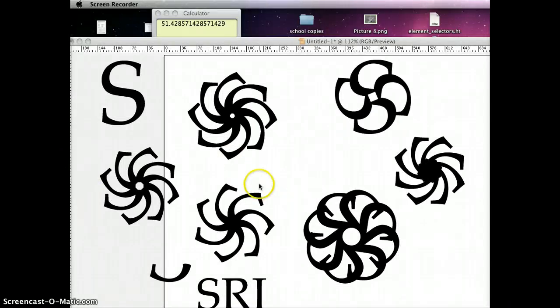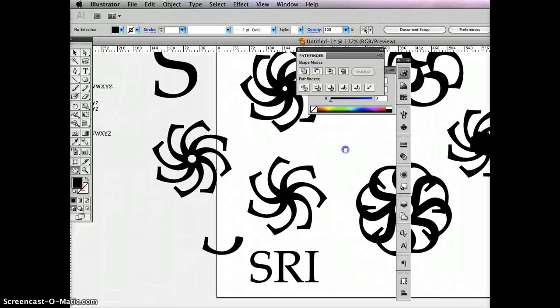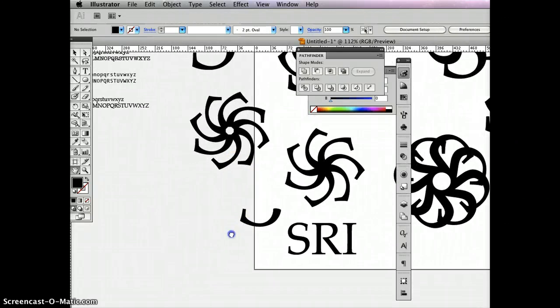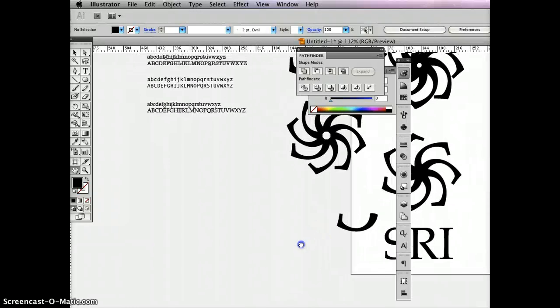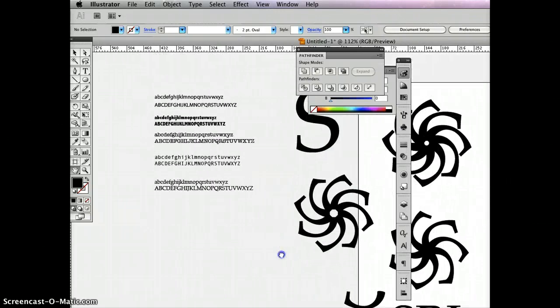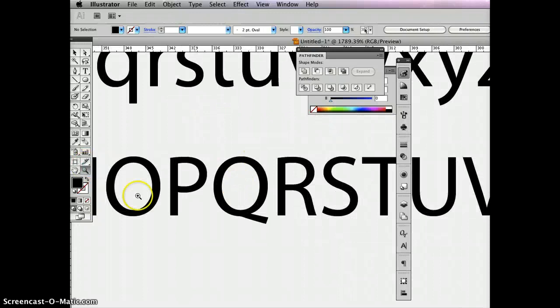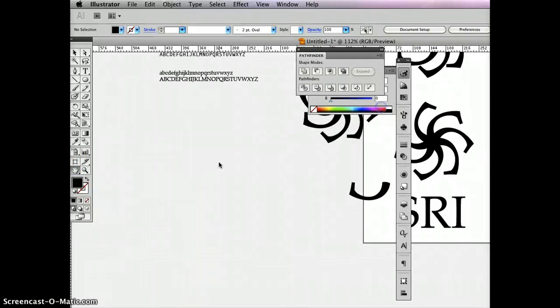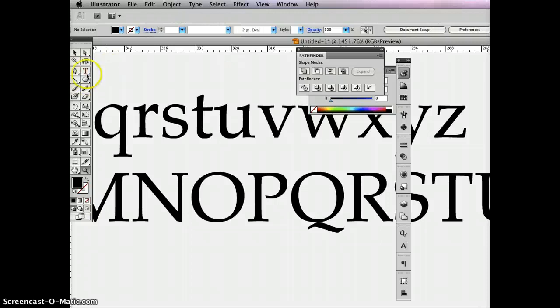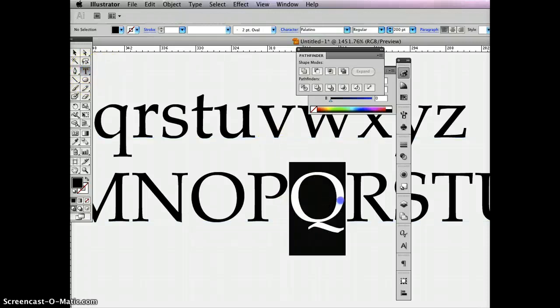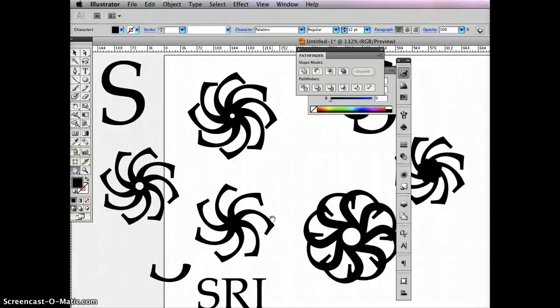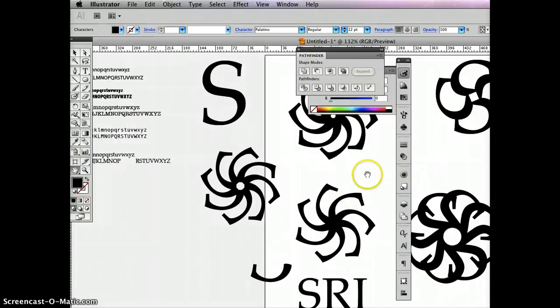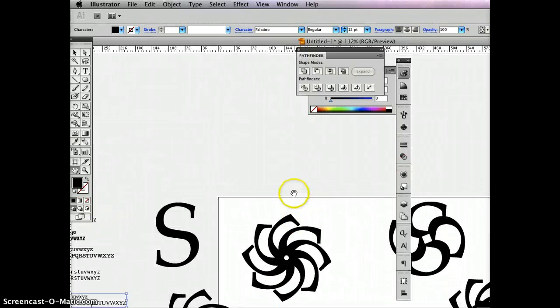And one last thing I want to tell you that'll save you some time, in critiques especially, is don't make a logo that features something that's not part of the typeface. So for example, let's say that you go up to the font here, and I'll just go back to the same one that I used before, and you realize there's something pretty interesting going on with this Q. What you would want to feature, Command C for copy, would be that bottom part, obviously, but what I have students do every now and then is